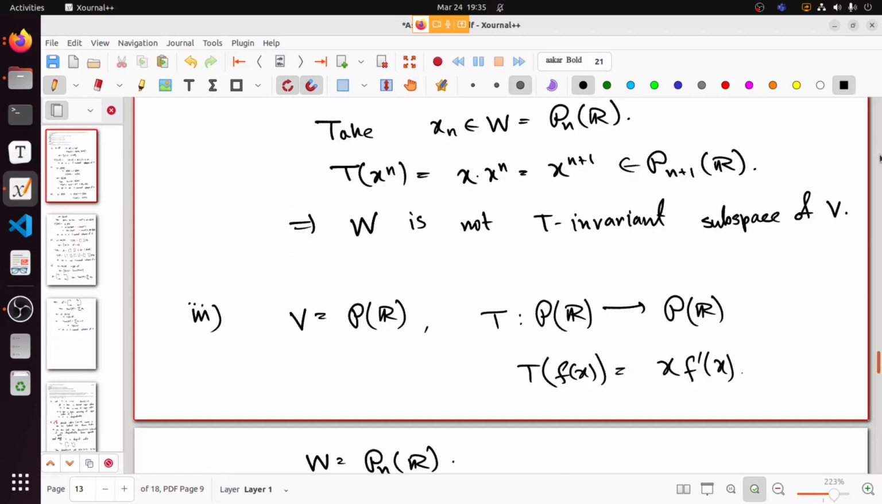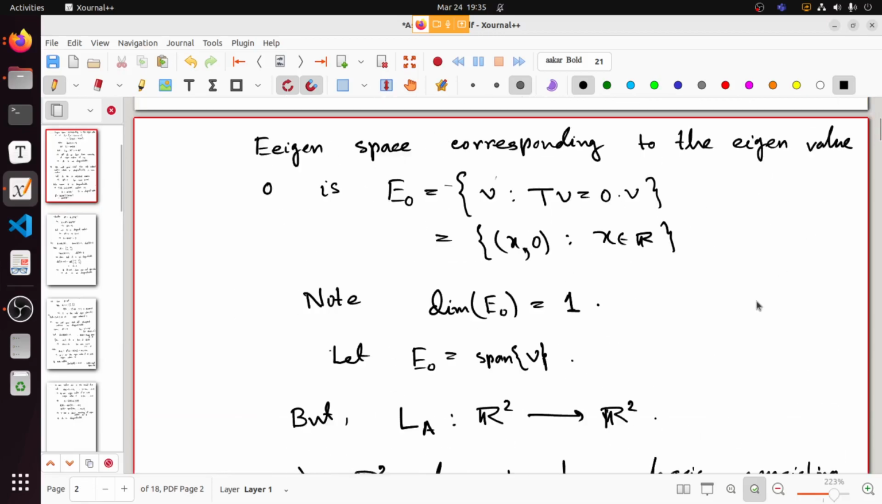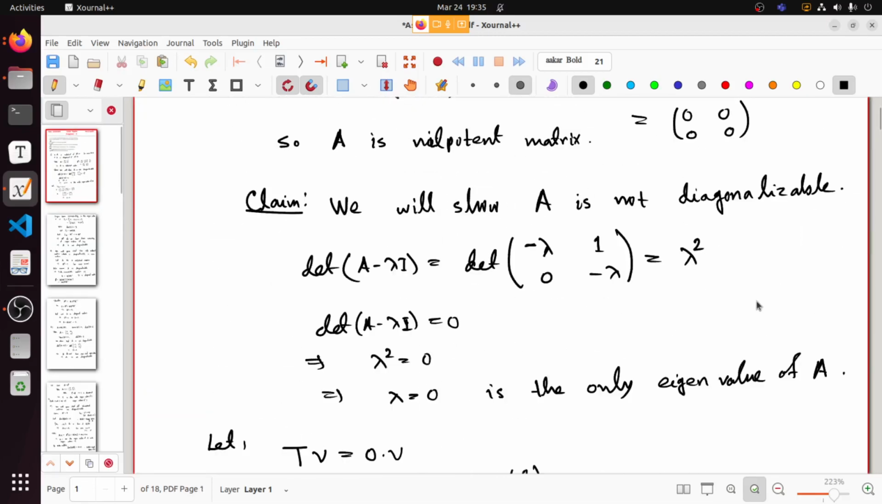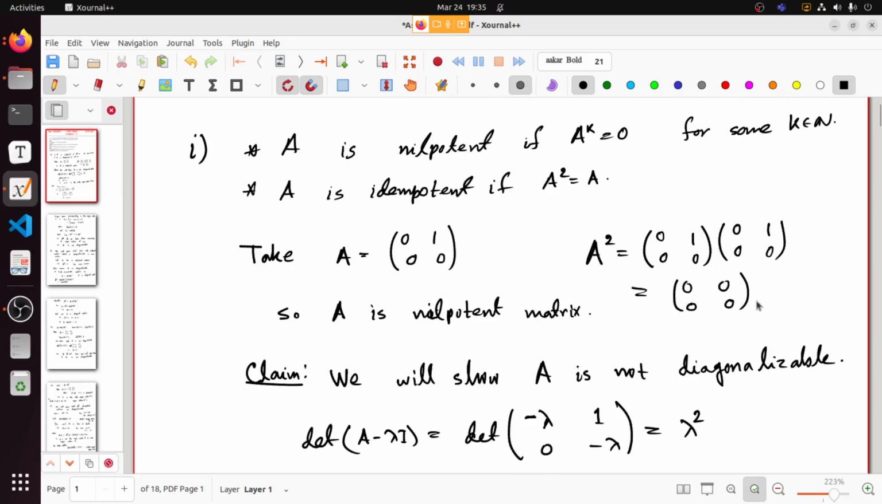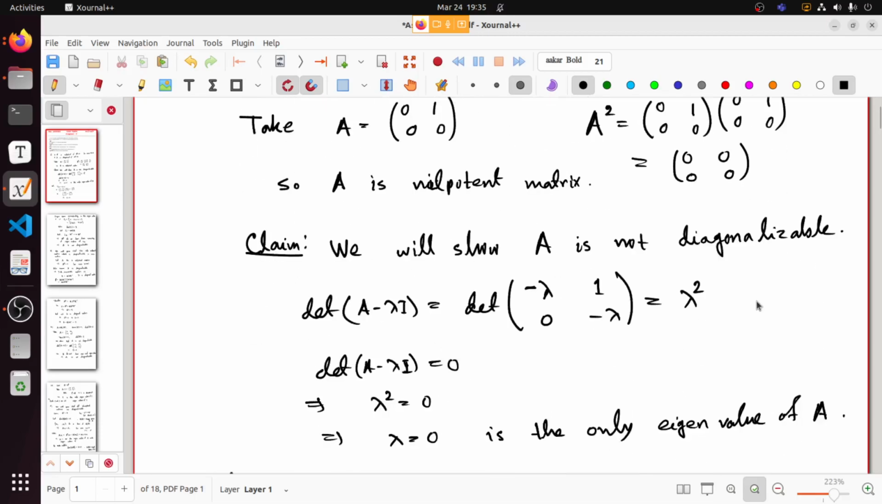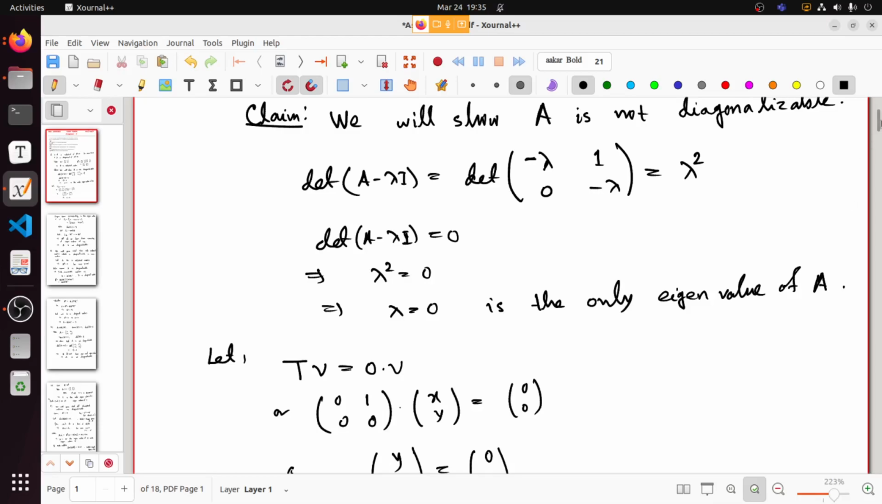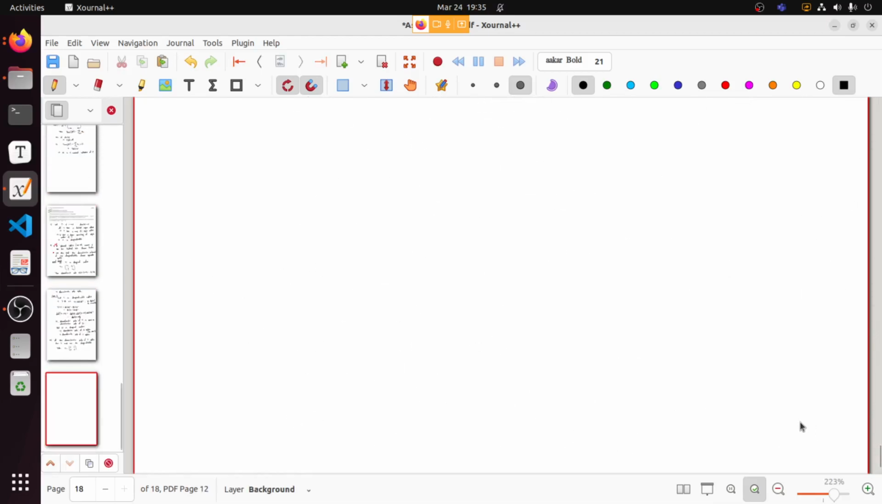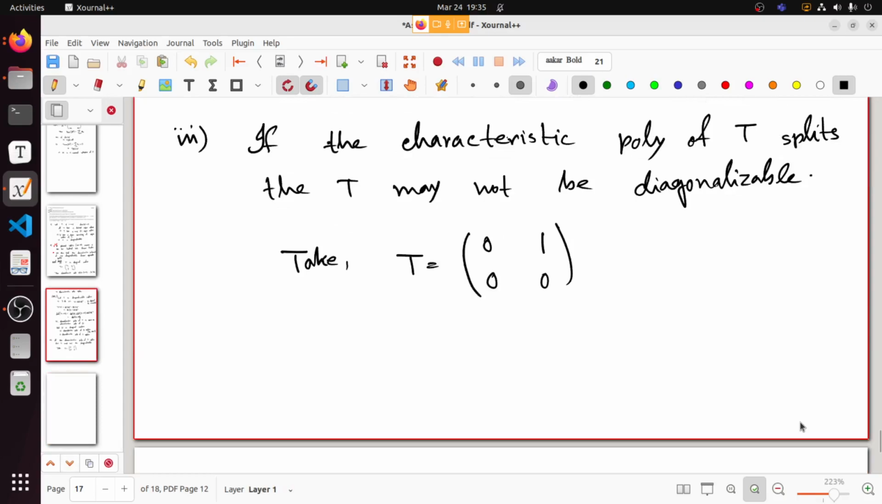So what we have shown in option question 1: we took A to be this, and we computed the characteristic polynomial, which is lambda square. This is the product of lambda into lambda, which are linear factors, right? So the characteristic polynomial splits. As done in question 1,